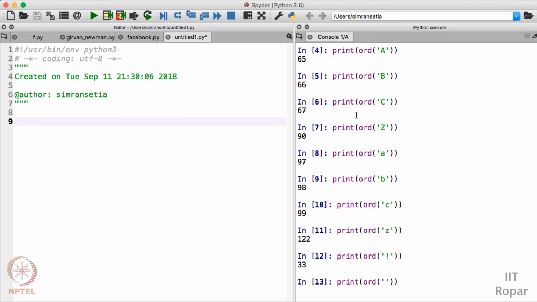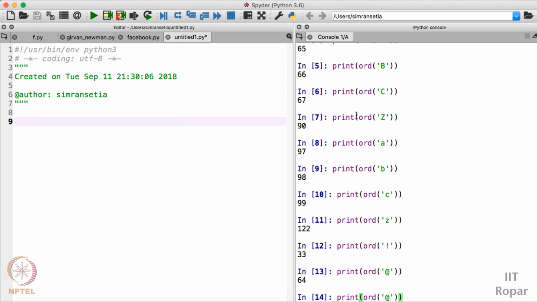Now let us check for @, it is 64, for the % sign it is 37, for dollar it is 36, for hashtag it is 35. So this is how you can find the ASCII values of a particular character and some special symbols too. I'll advise you to cross check with the table that we have given in the previous video.